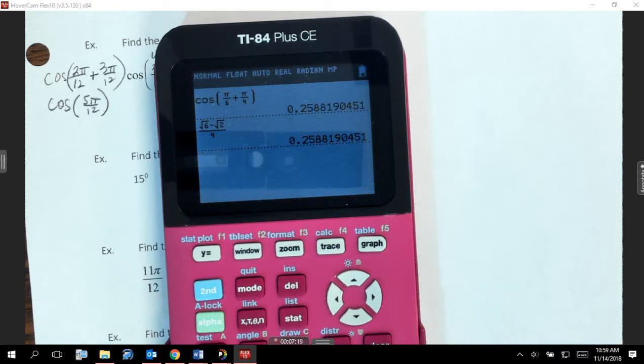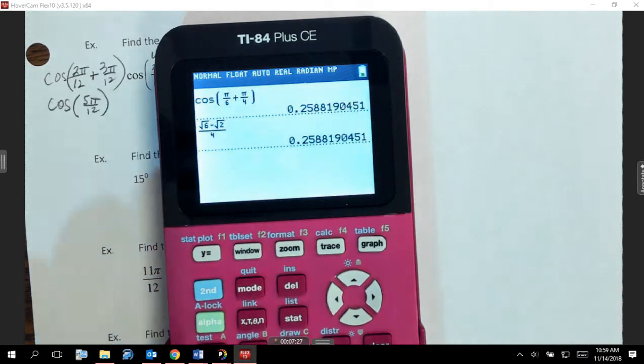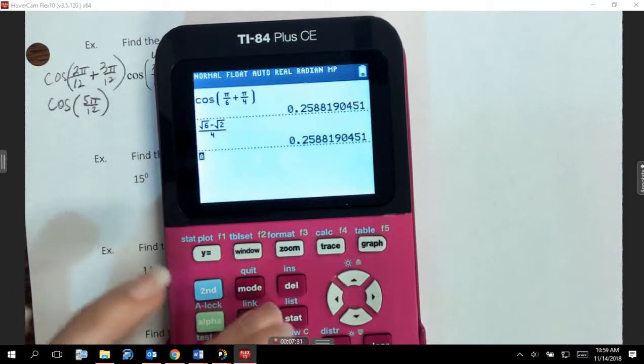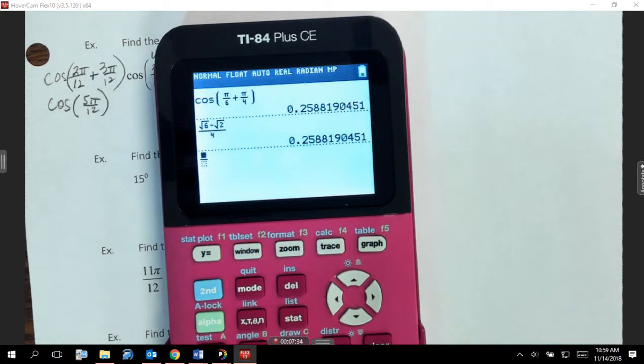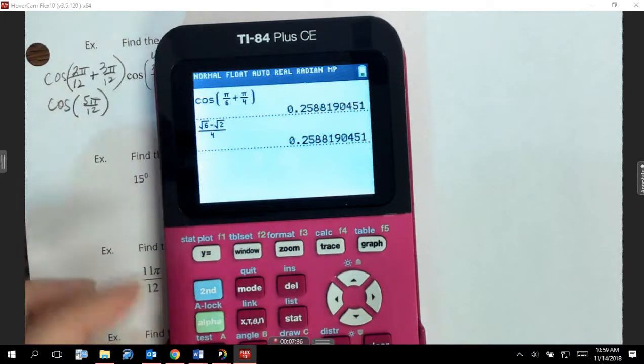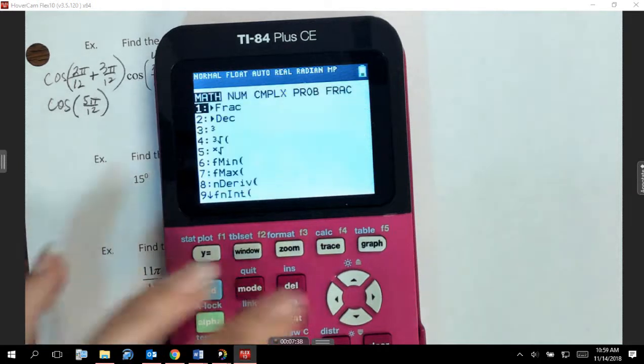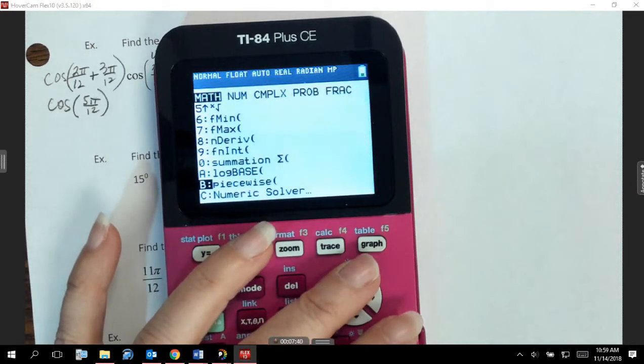I don't know if I can update your software. I know I can update the color ones because I updated mine, so I'll show. I'll show you why you want to update your software real fast. If I do Alpha X, it works like one of those things. But that's not the cool thing. When you update your software, it has